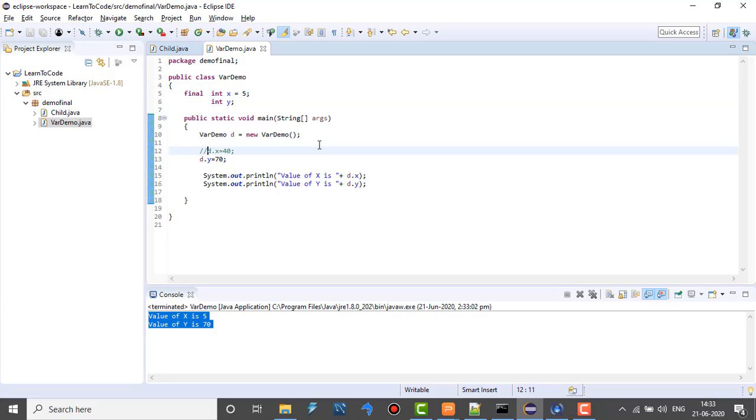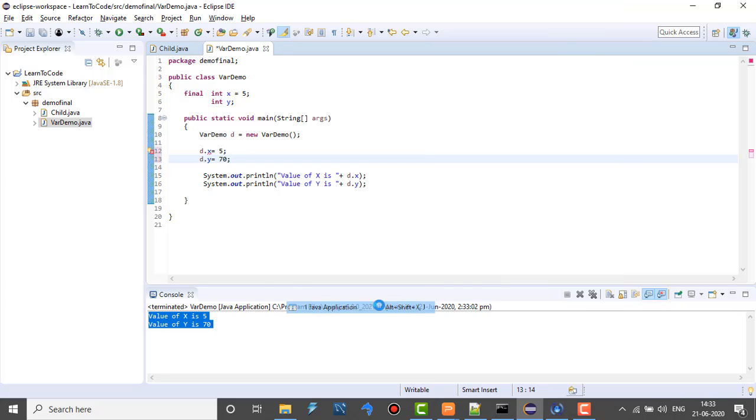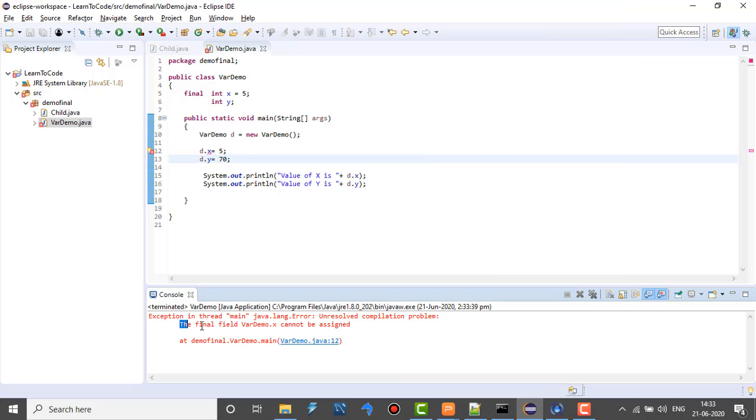Now let us run the litmus test of assigning the same value to the variable. x is equal to 5. Let's run this code and see what happens. Again we get the error, the final field demo.x cannot be assigned. It doesn't matter even if for an instance variable you are trying to assign the same value, it won't accept it, because the variable has already been initialized with a certain value.